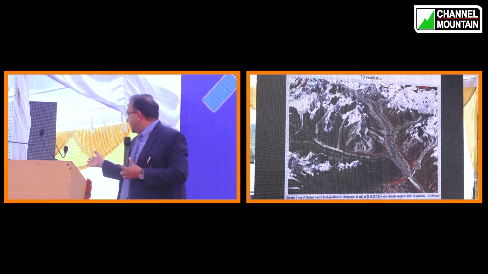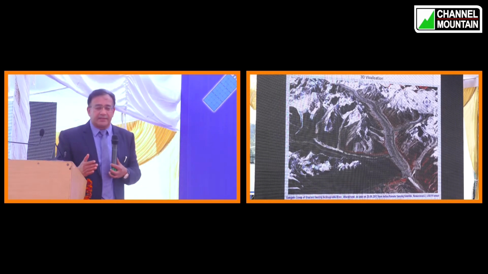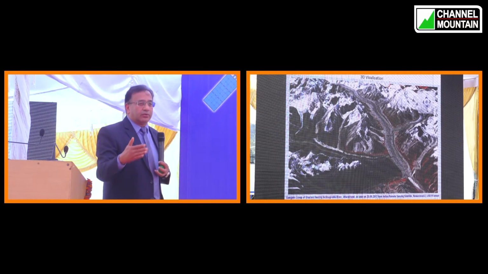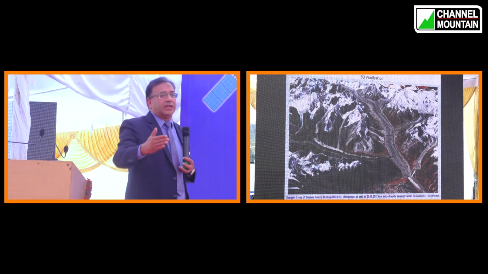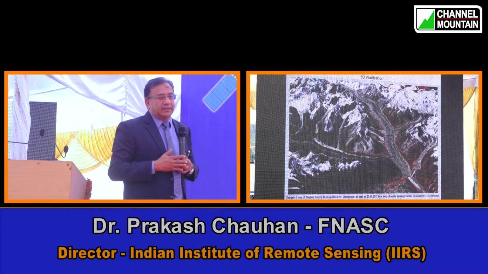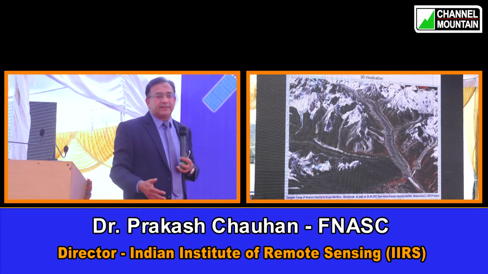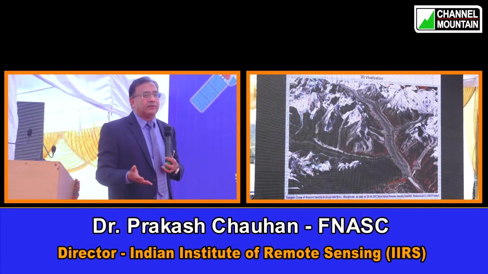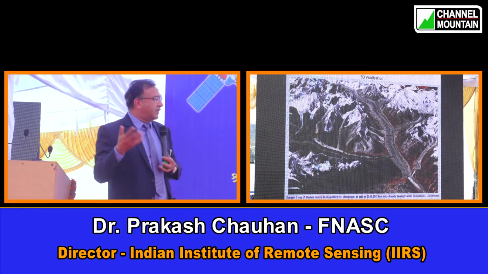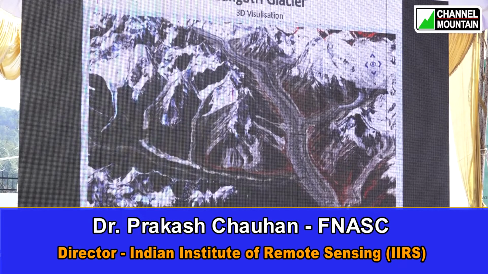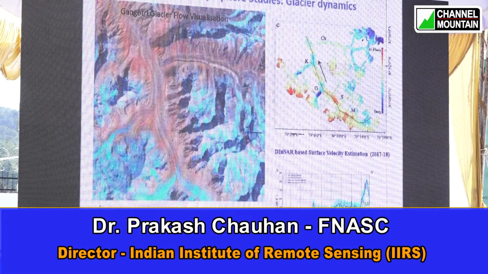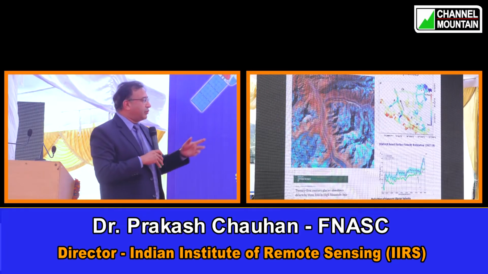And we are continuously keeping track, because this glacial sediment which is now deposited around the Gomukh area is continuously changing the river course, and this can also become a potential danger in case of any eventual heavy rainfall event. Some of this glacial sediment can block the flow of the river, and that can cause a significant amount of damage if a lake forms in this particular area. Next slide. Now another interesting visualization I want to show you.